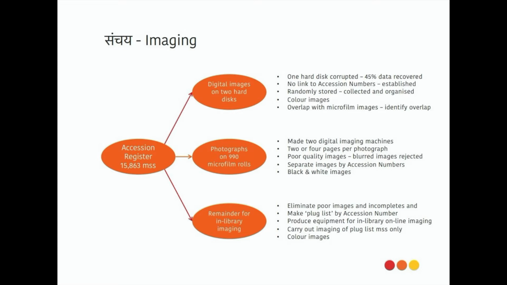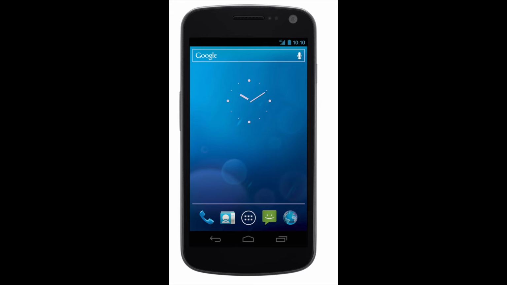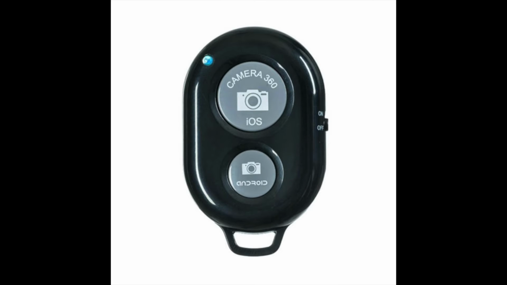Sanchay is that part of our overall system that gathers manuscript images and places them in page order. One important part of this is in-library digital imaging of manuscripts. An Android smartphone is mounted on a stand which also provides the studio lighting for the manuscript pages. Once on the stand, the operator fires the camera by a handheld switch.